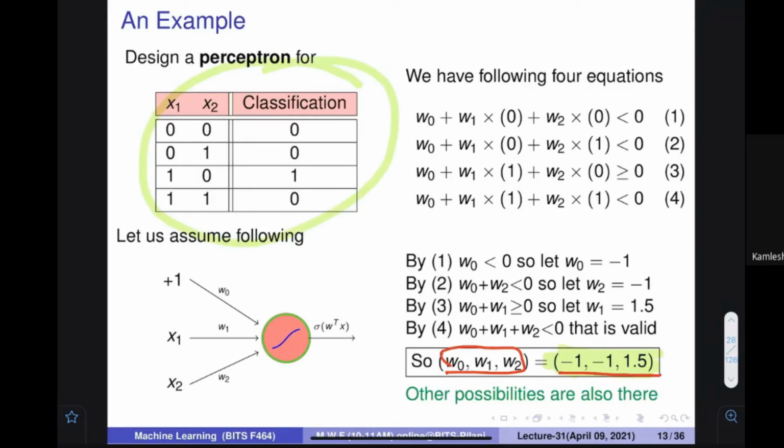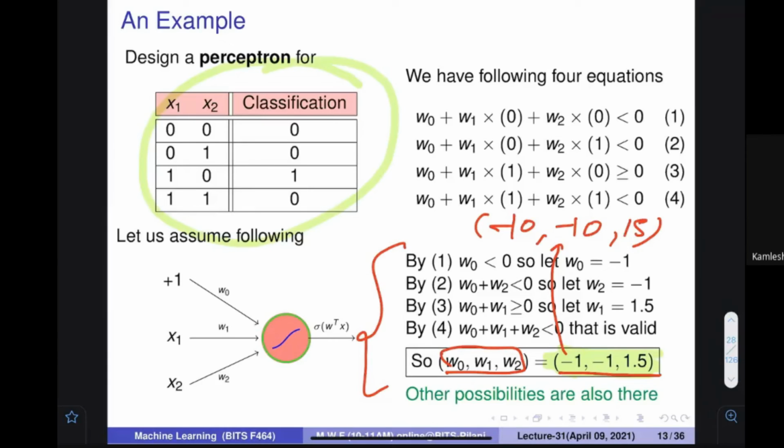Yes. Okay. So I wanted to tell you at this particular moment that instead of this, if I use -10, -10, and 15, these are also the right values. So there are multiple such values, because I can always do a linear combination, scaling of all these values, and we can find a different parameter that is also going to be suitable for me. Okay. So this is one way by which you can discover the parameters.